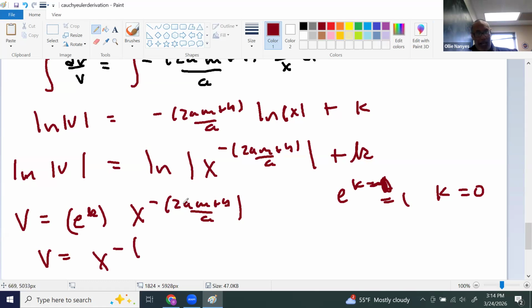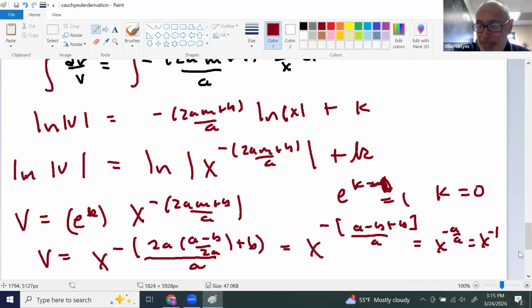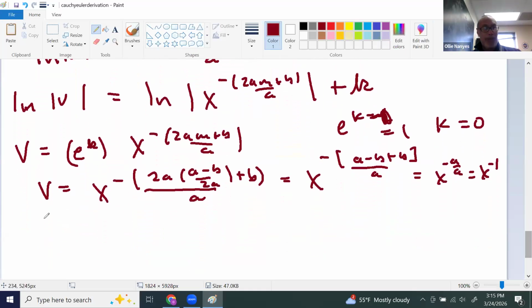Now, remember what m is. M, remember, was a minus b over 2a, plus b, all divided by a. And look what happens. The two a's cancel. We get a minus b plus b. And that's x to the minus a over a, which is x to the minus 1. Ha! So if v is x to the minus 1,